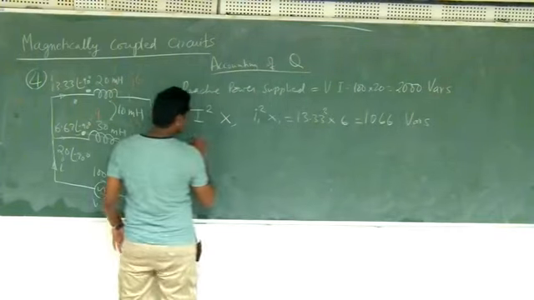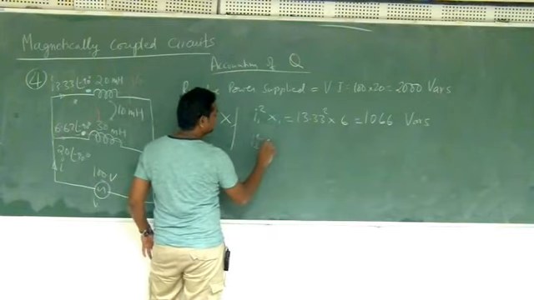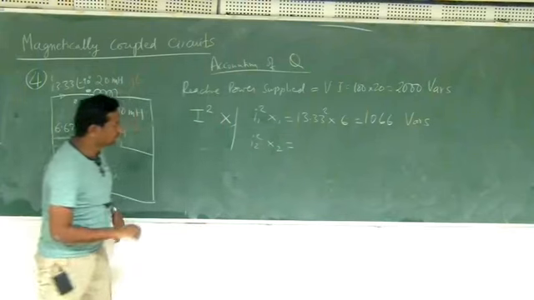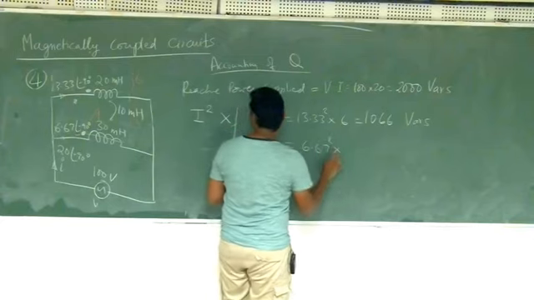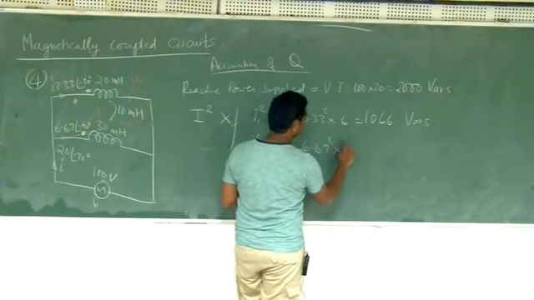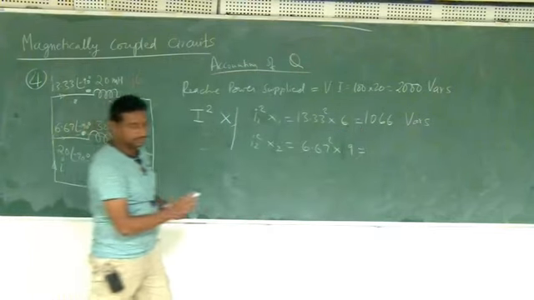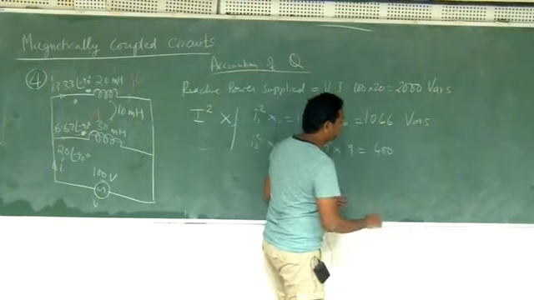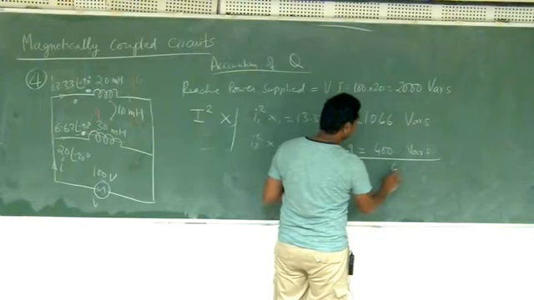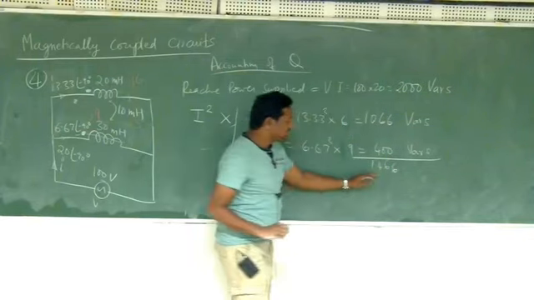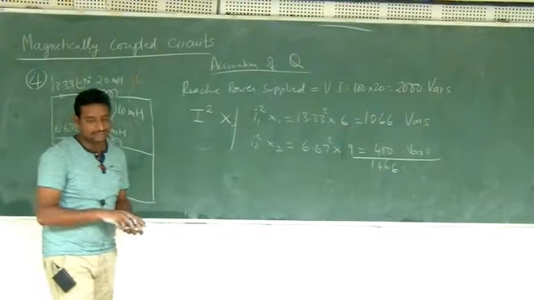Here again I square into X, I'll write it I2 square into X2. What is that? 6.67 square into J9, or just 9. How much is that? 400 watts. So total so far we are getting only 666.1, not matching 2000 watts. So some remaining watts are still being consumed.